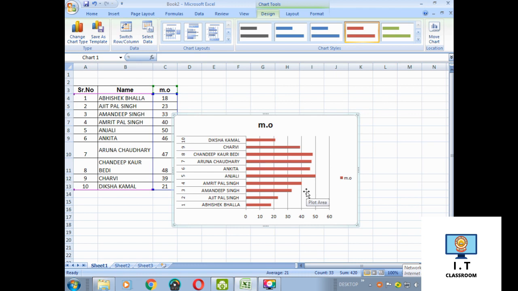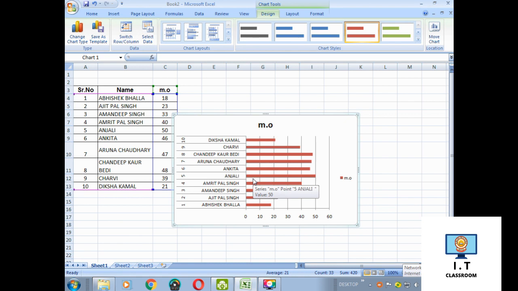So these different charts you have learned today. Today you have learned about column chart, bar chart, pie chart, line chart, etc. And I hope you have seen all the steps properly for inserting the charts in Microsoft Excel.